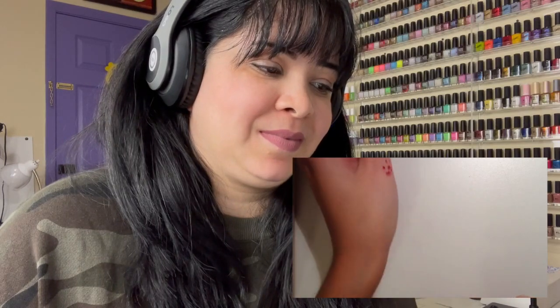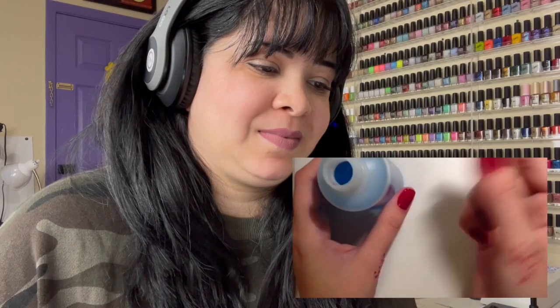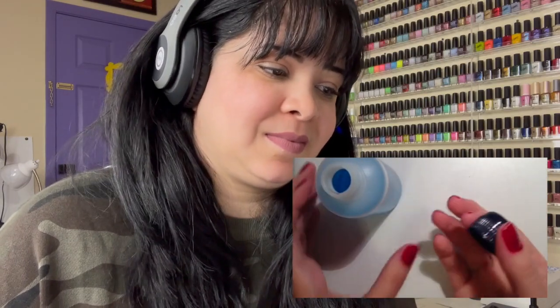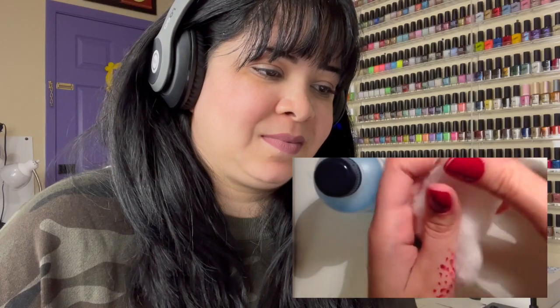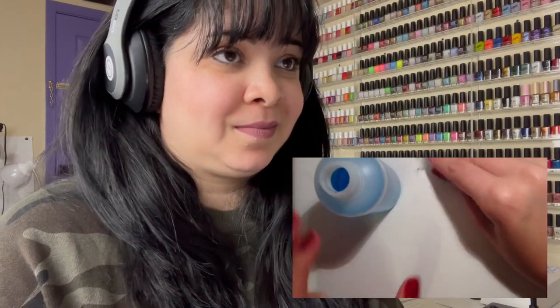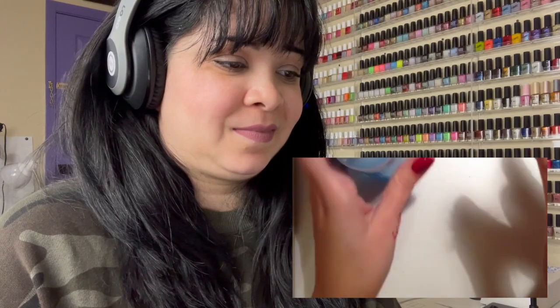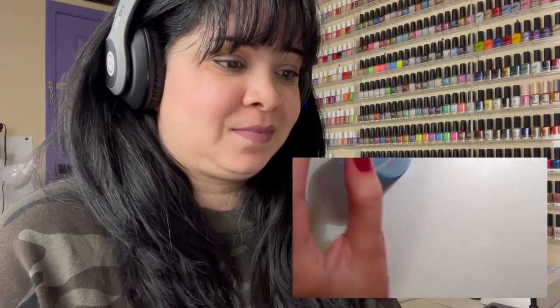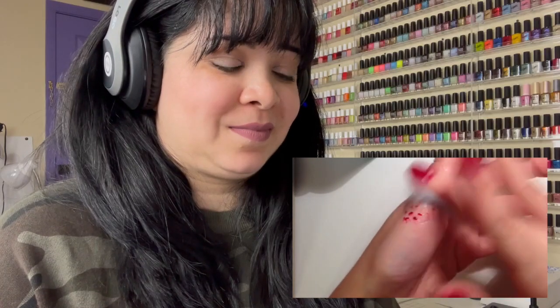There's still this part that I have to remove. So, nail polish remover. Don't forget to put the cover on from time to time because it will dry off so quickly. So I take a little bit of the cotton. Really careful not to mess my fresh nails. Put the lid on. And very carefully